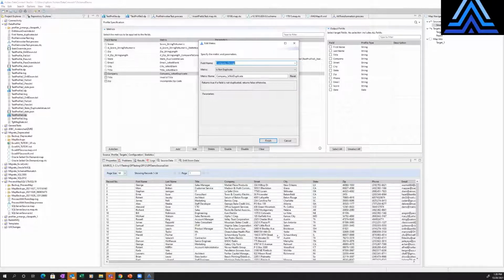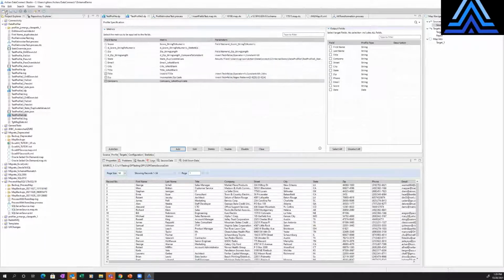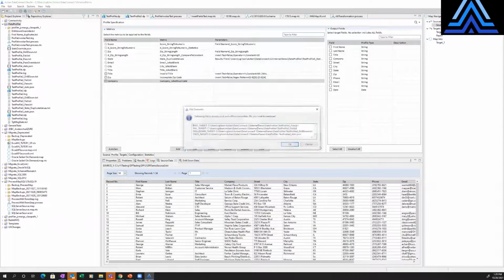But the first thing I'd want to do is figure out which column makes sense to monitor for duplicate data. I might make the argument that this is essentially a list of contact information for the most part, and we probably want to look for unique company names. So I've configured this rule to monitor the company column, and I'm using a metric called is not duplicate. It's telling us right here, returns true if a field is not duplicated, returns false otherwise. And if I click finish and save and run,